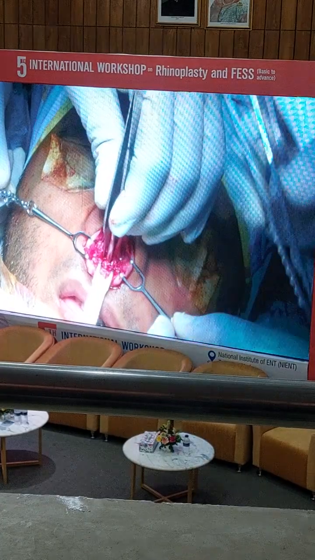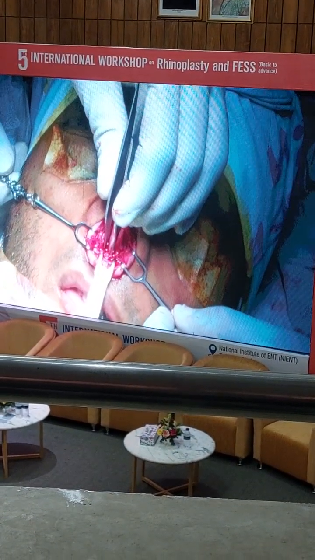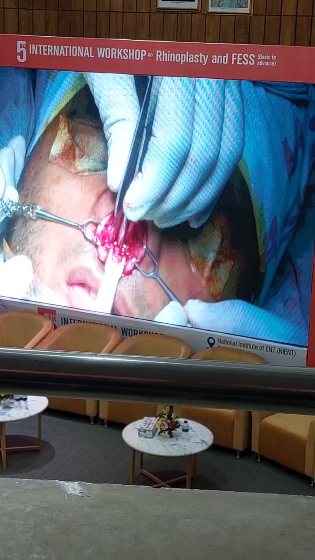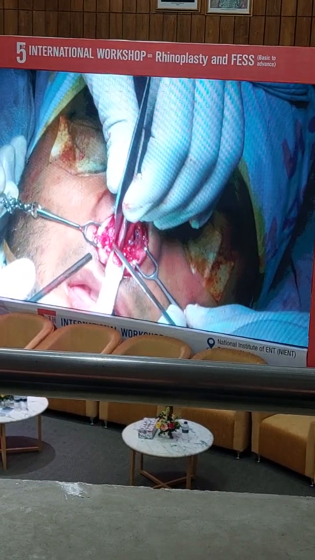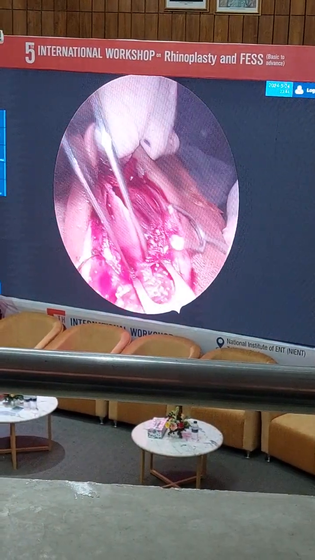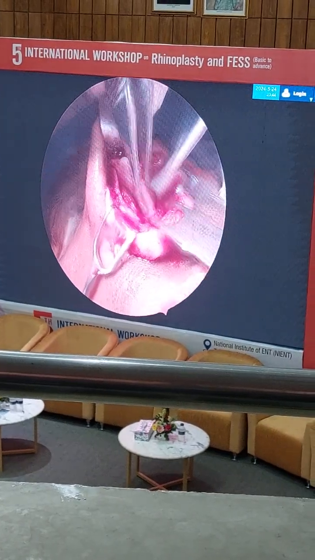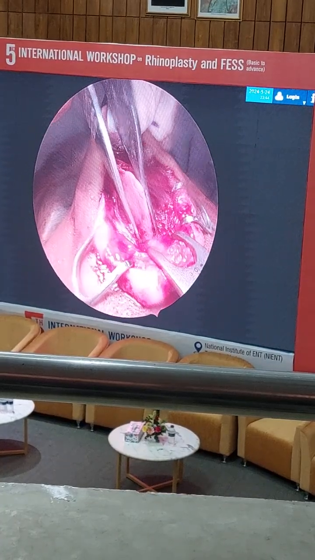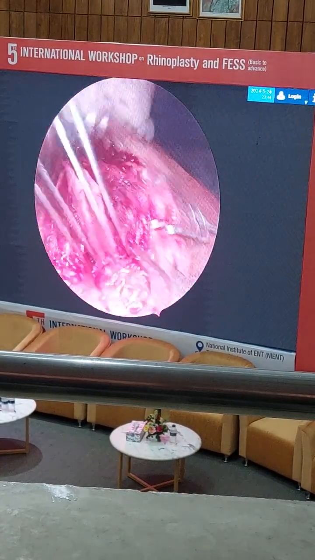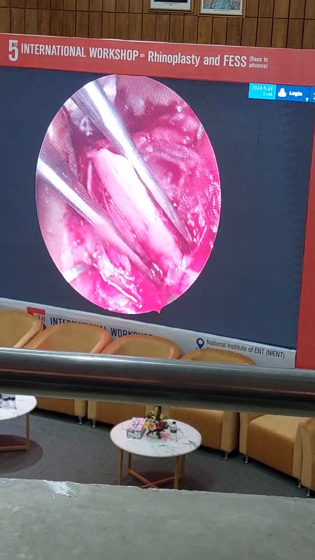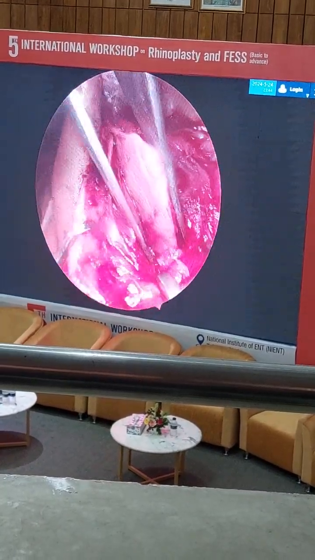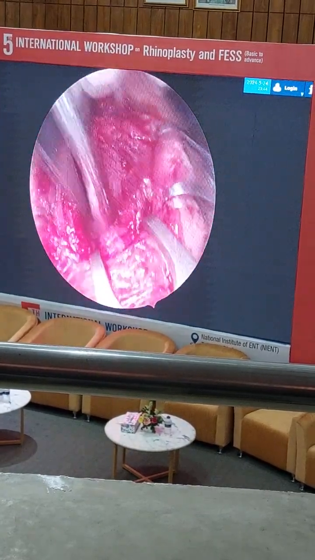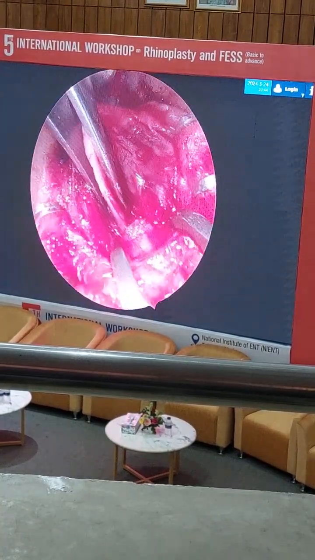So what I am doing, the septal cartilage harvest is complete. I create my L-strut, I remove the excess part of the inferior part of the septum, and rather than the L-strut, I create the U-strut. Traditionally all books mention the L-strut, but the problem in the L-strut is you don't have the foundation on the inferior part of the septum and your septum is destabilized. So if you have septum on the inferior part, I create basically a U-strut.